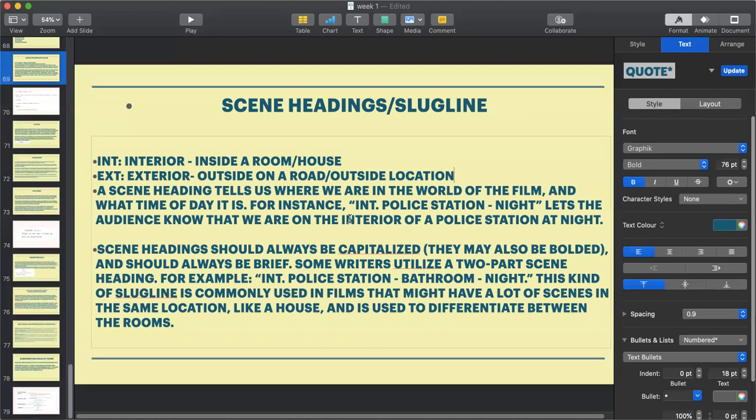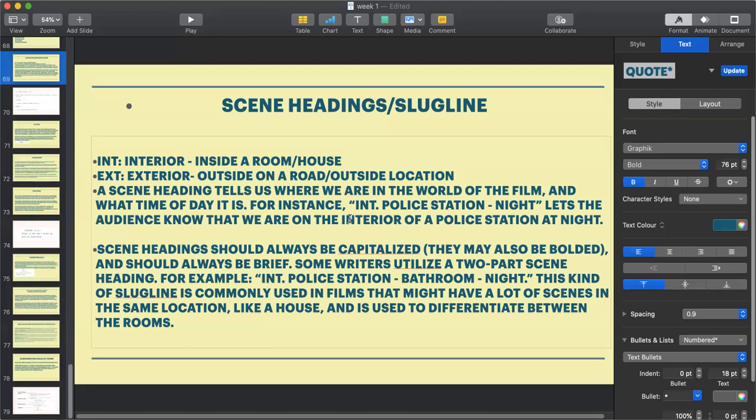Even the cameraman or the DOP, the director of photography, will know, okay, today there is an internal shot, so I need to use this kind of lens. There are different lenses for different shots, right? There's a wide angle lens, there's a zoom lens, there are 35mm lenses, different kinds of lenses for the camera. And each of them is suitable for different kinds of shots. So when you know that there is an internal shot, the director of photography or the cameraman will be ready for it. The light people,